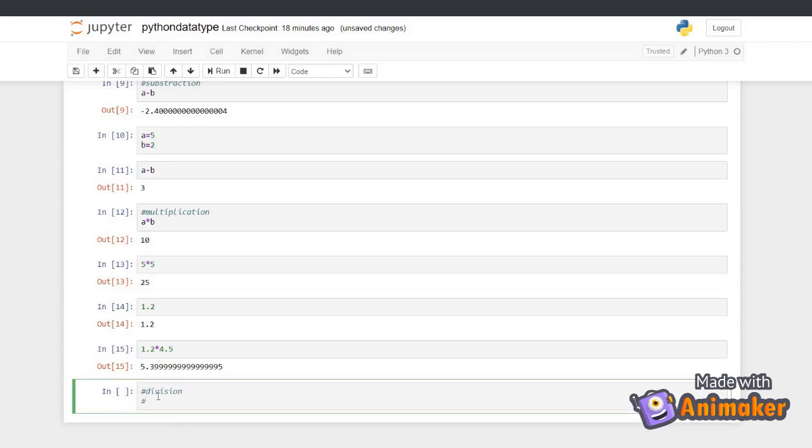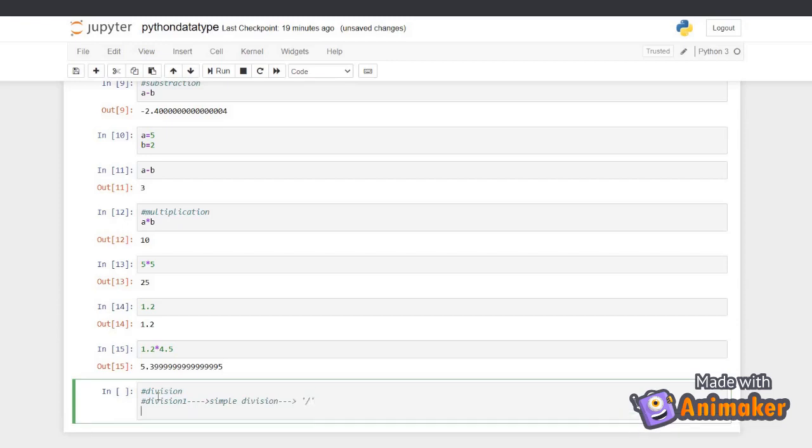One is simple division, where we will use a single slash, whereas the second method is called floor division, where we will use a double slash.